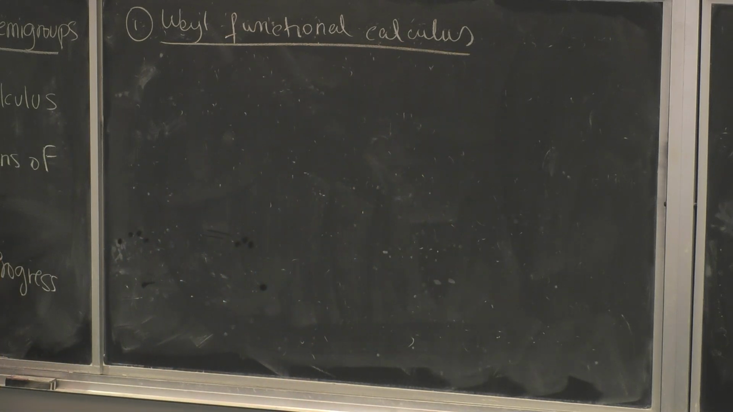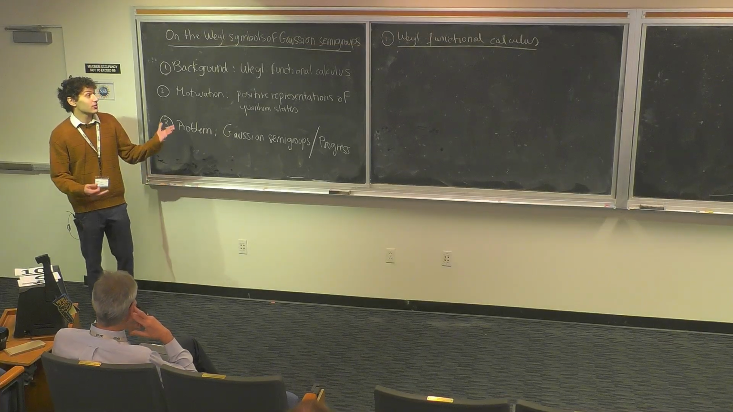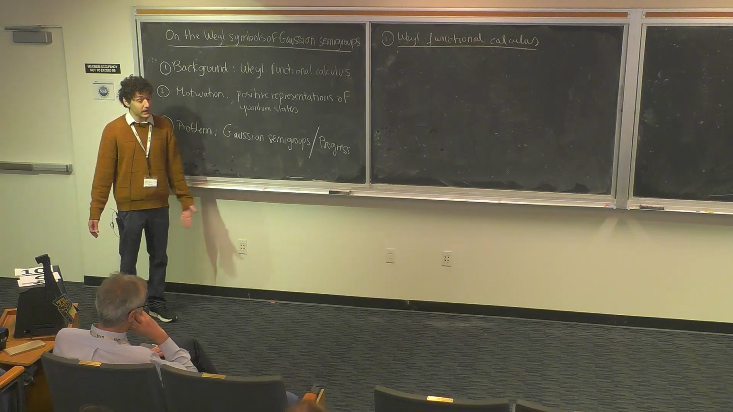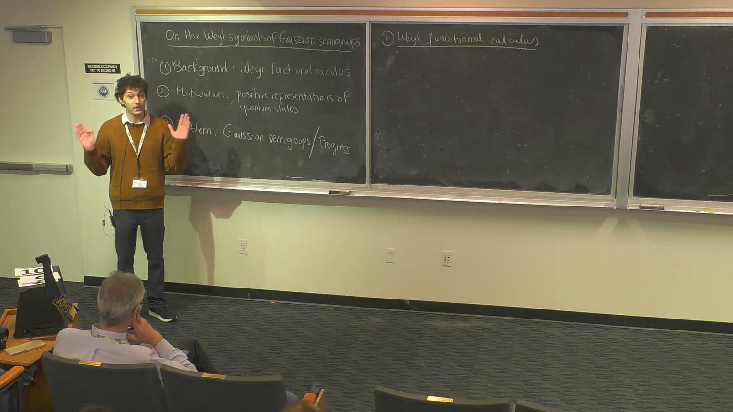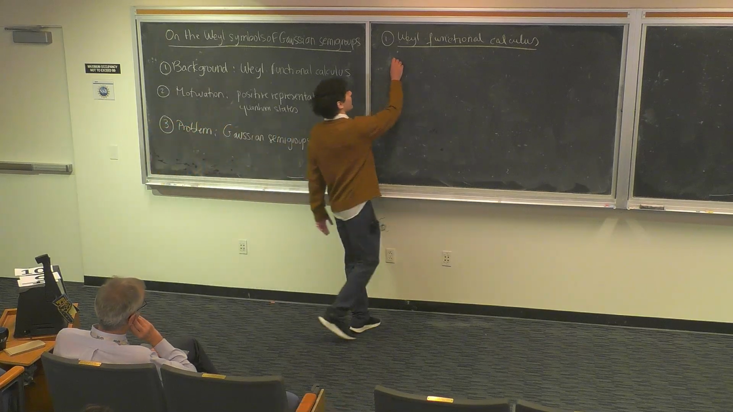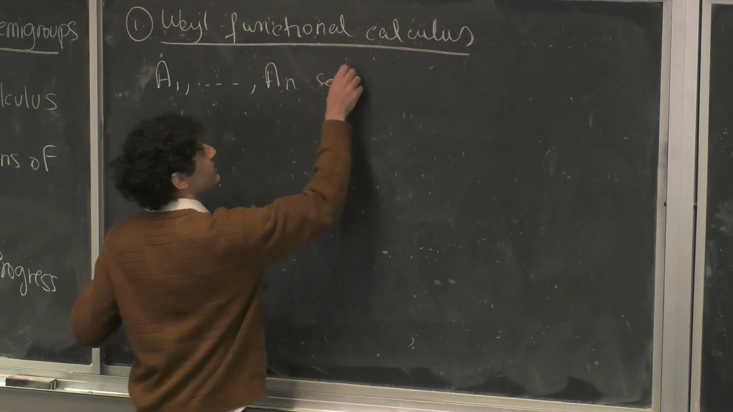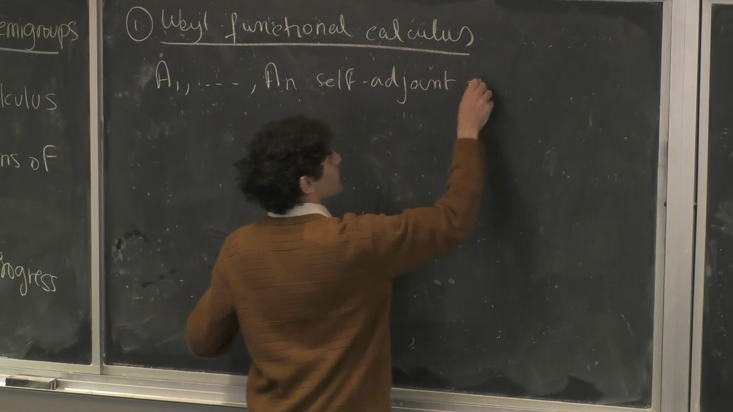I hope some of you or most of you are familiar with the functional calculus for a single self-adjoint operator. So the Weyl functional calculus extends this idea of what it means to not just take a function of one self-adjoint operator, but possibly n of them that don't need to commute. So if we have a1 to an self-adjoint on a Hilbert space,